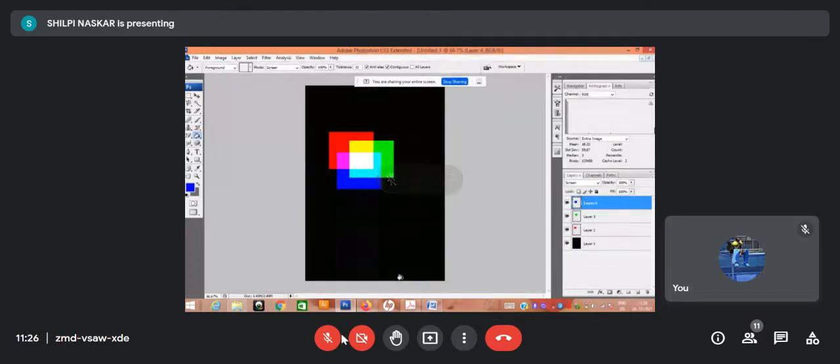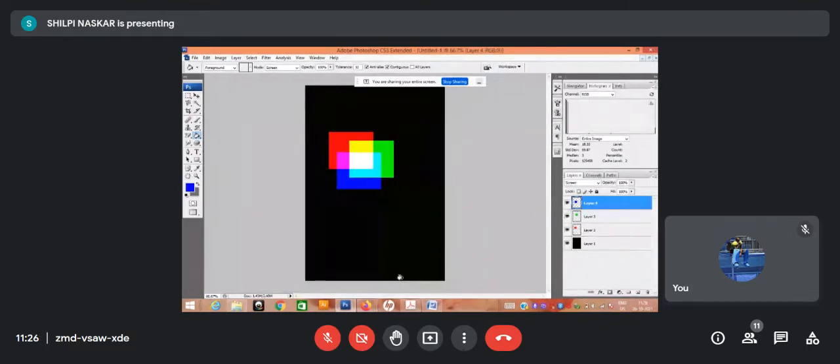Okay, so what I have created: a new, just write first point, create a new document. Now fill the layer with a particular solid color. I have filled the layer with black color.